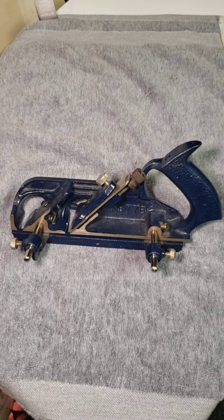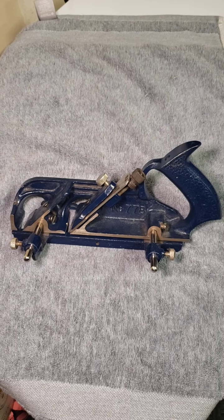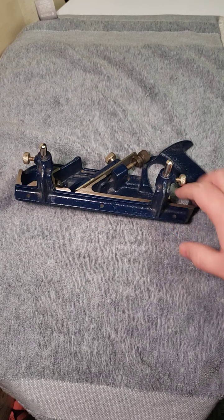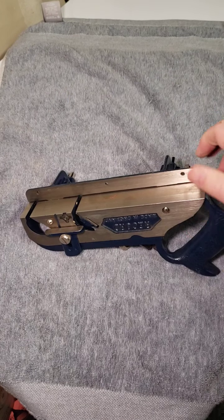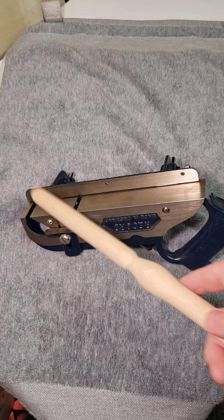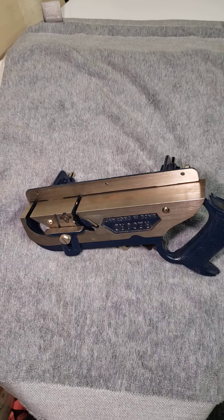Okay, so what we have here is a Record 778. It's a copy of the 78 from Stanley, except that it has a dual pin fence. And one of the other cool features about it is that the fence has 3 holes for mounting, like rosewood or something on there, so that you can mount up a nice piece of wood to slide along your wood. Same style knicker, same basic style depth stop,